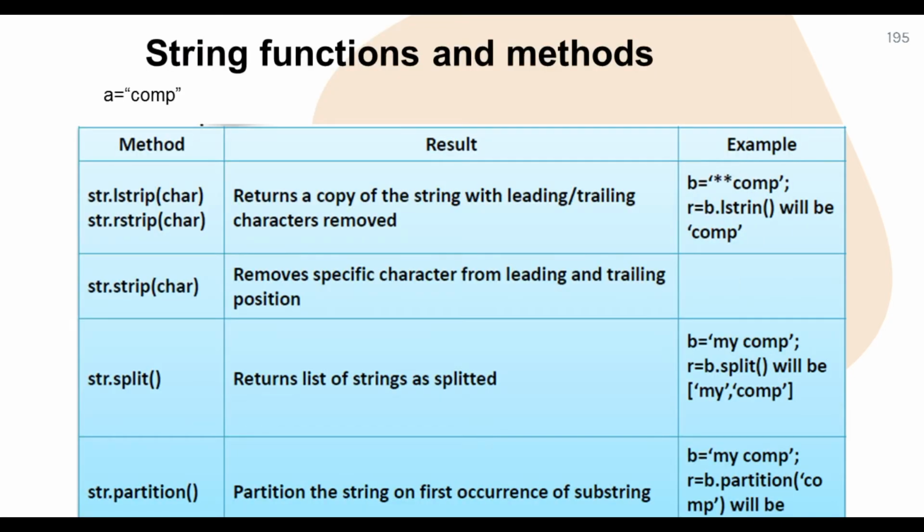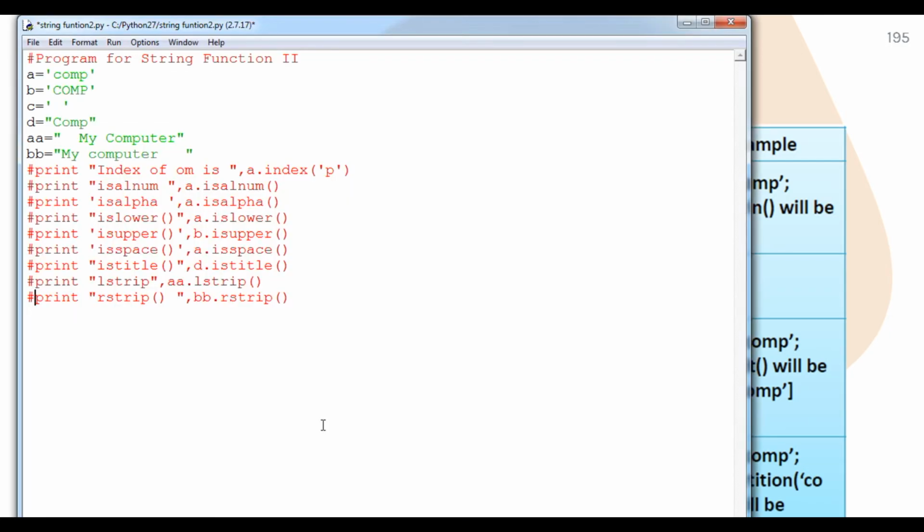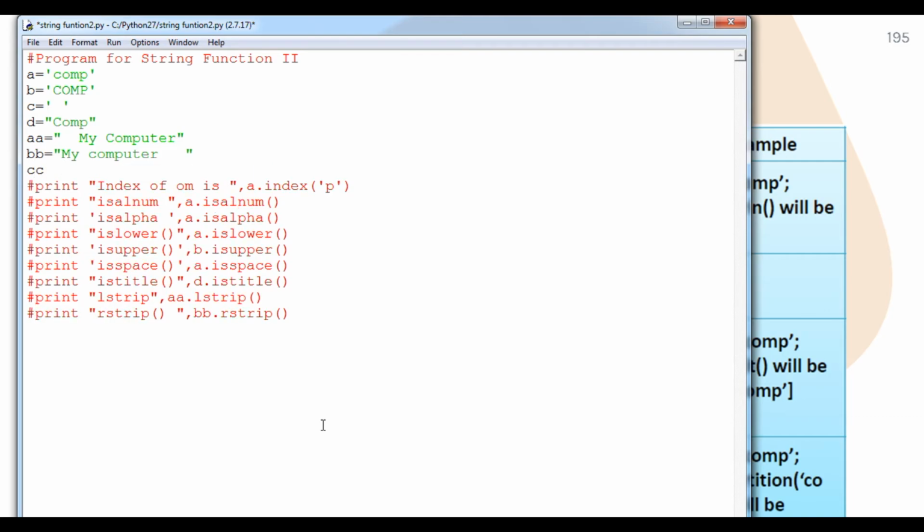So lstrip and rstrip remove the extra space from the right-hand side and left-hand side according to the function. Here, strip will remove the extra spaces from every word position, from the left side and right side. Okay, and we are doing the same thing, student. Suppose that here is a particular variable.